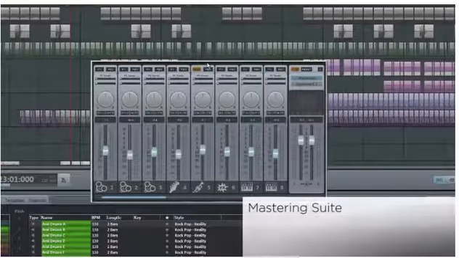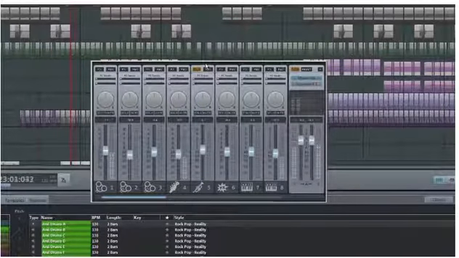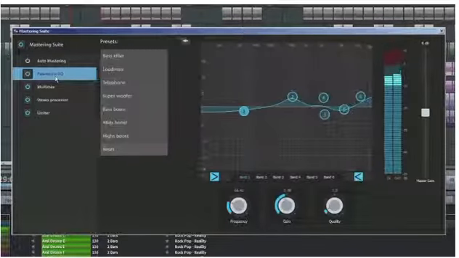The Mastering Suite helps you to create a powerful and transparent sound and puts the final polish on your songs. The Mastering Suite can be accessed through the mixer. The Mastering Suite consists of a parametric equalizer for improving transparency,